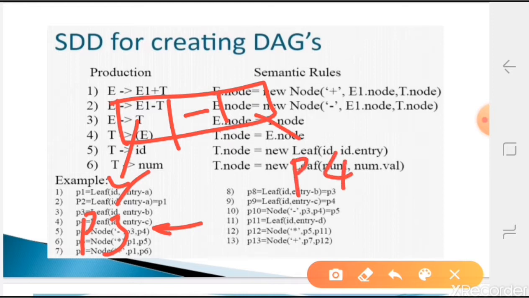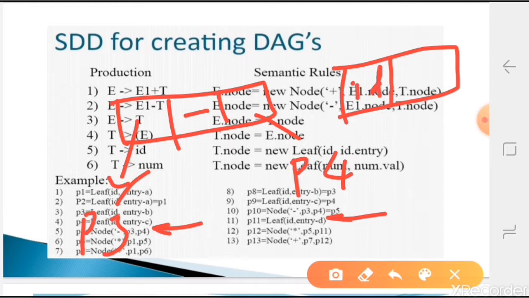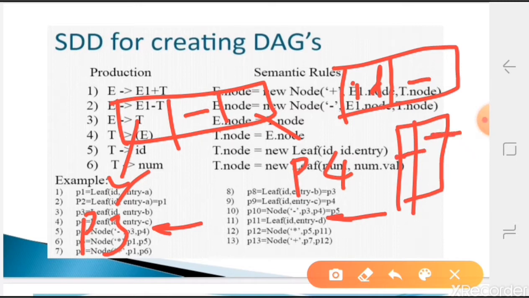If it is a leaf, it has two things. Consider this one, it is a leaf, so the leaf has an id, and the corresponding id entry d we are writing. Entry d is nothing but, in the symbol table you will have a variable called d, so that d value will be there, and you have to take it.